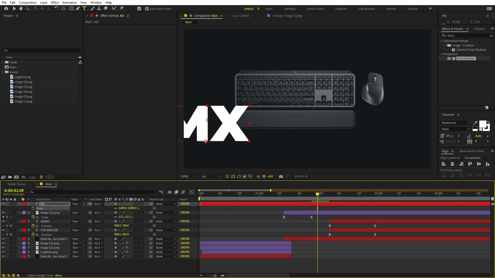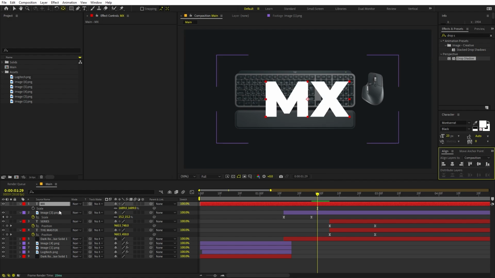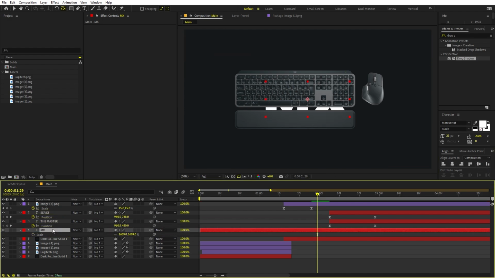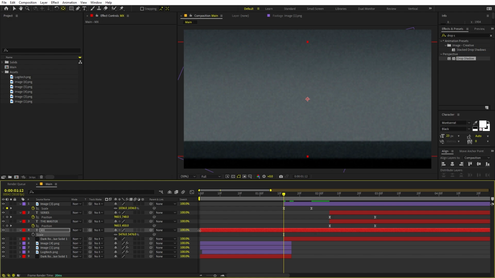Now let's move its anchor point to the center. So for that you can select the layer, hold the Control key and double click on this. Now the anchor point is in the center. Let's align it to the center as well, and I'm going to place it down below. Perfect. Let's press S and I'm going to scale it quite a bit, just like our image, and let's